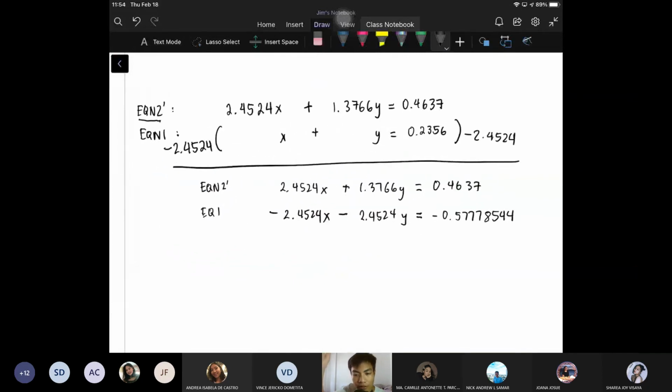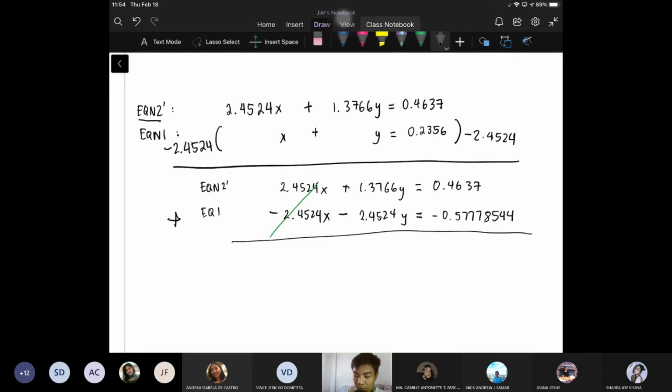Okay. So, ano gagawin ko? Pagsasamahin ko na yung two equations. So, I will add them. Pag-add natin, 2.4524x minus 2.4524? Magiging 0 na yan, no? Ka-cancel out na to. So, pag-add natin to,